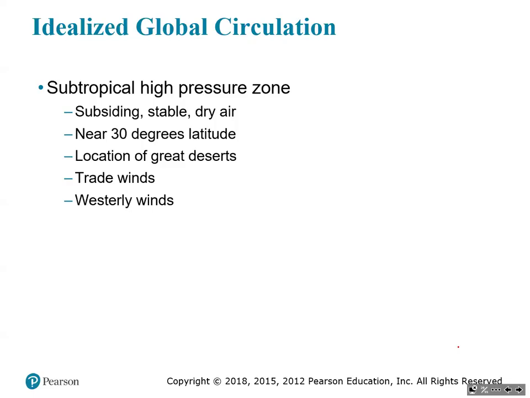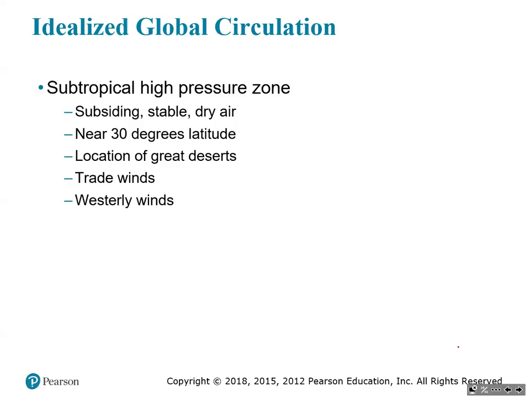It's at about 30 degrees latitude. This is the location of the great deserts. The Sahara Desert is here. Several of the Asian deserts are in this. In the southern hemisphere, I think much of the center of Australia is in this,